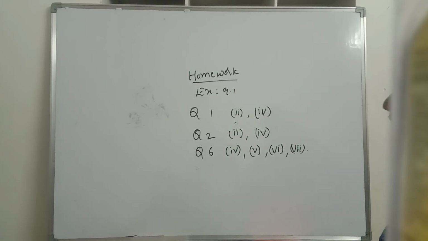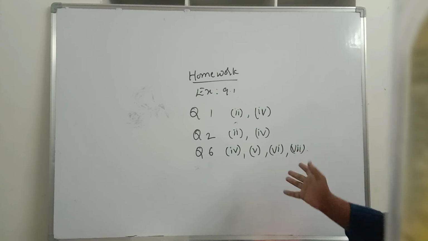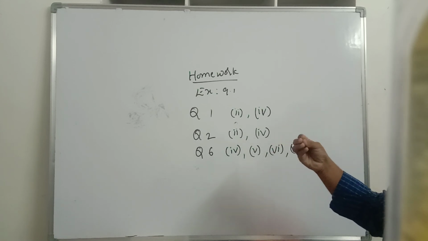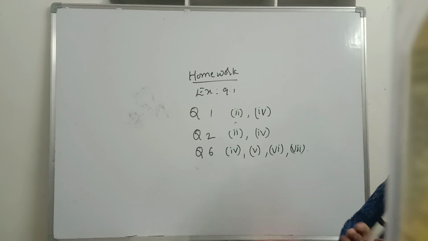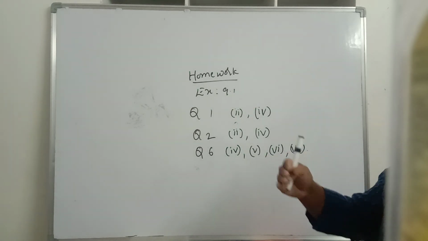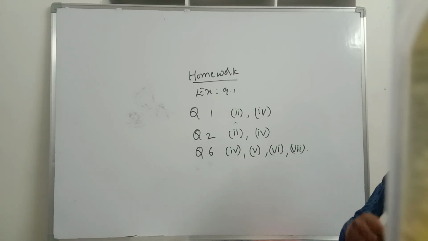Now today what we discussed: finding rational numbers between two given rational numbers, and finding the next four rational numbers in the patterns of rational numbers, and also we identified whether the given pair of rational numbers represent the same rational number or not by changing them to the standard form, or the simplest form, or the lowest form.